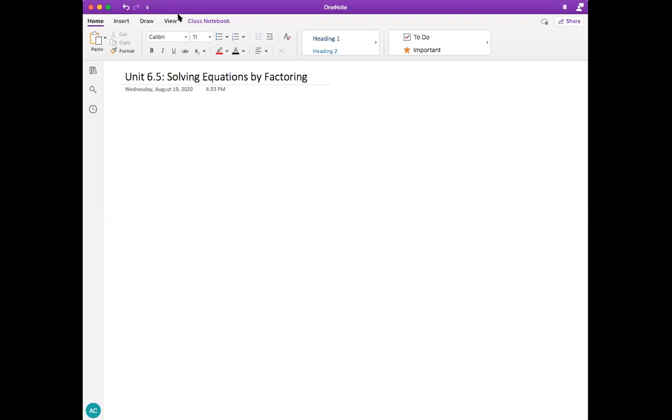All right, everybody. So today's lesson is about solving quadratic equations by factoring. So we learned factoring before so we can use it for other topics, and this is one of those topics,